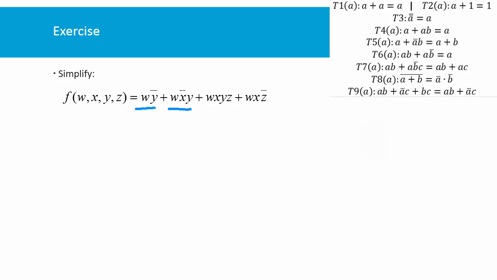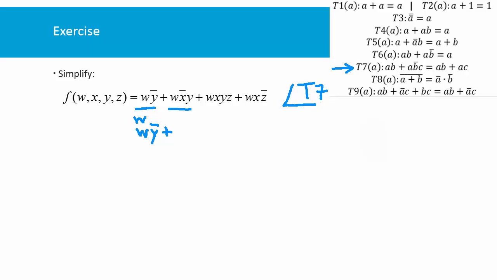And if we take a look at Theorem 7, you can see that this expression is similar. You have something that repeats in both sides. In this case, the thing that repeats is W. Something that is inverted, which is the Y. You have Y inverted here, and you have Y inverted on the other side. And something that is not on one of the sides. So when you have this, if you see Theorem 7, what gets out of the equation is the inversion. So in this case, you can say by using Theorem 7, this expression is going to be reduced to W Y inverted,